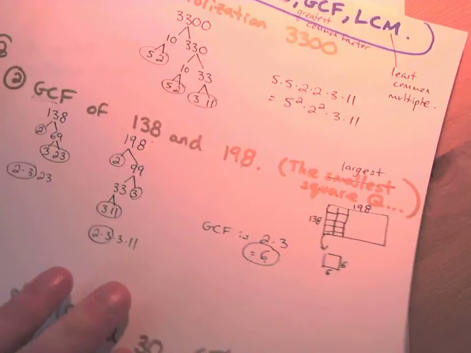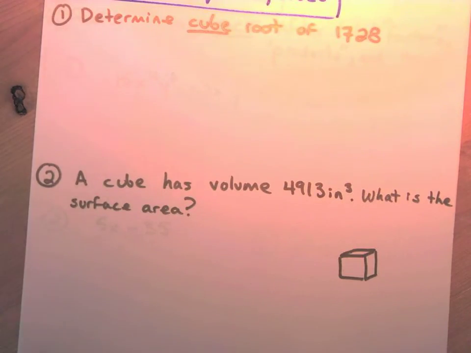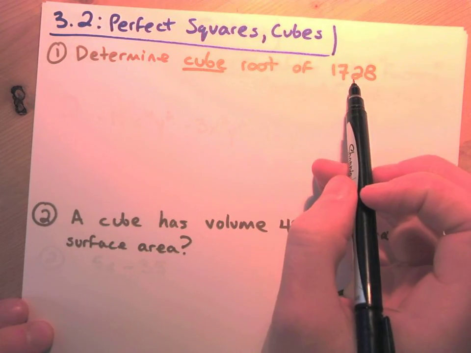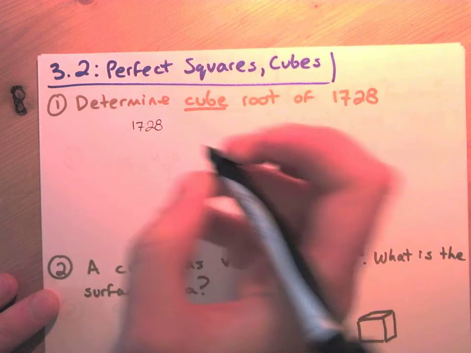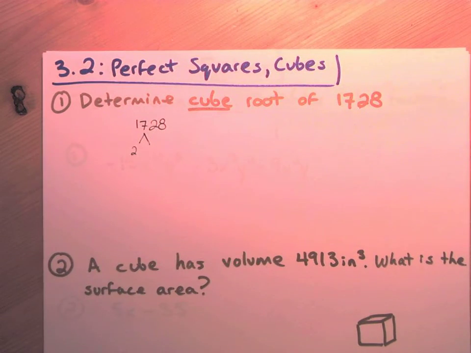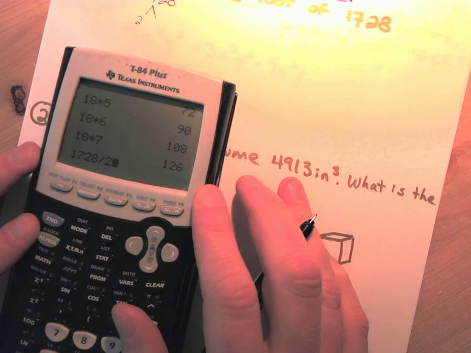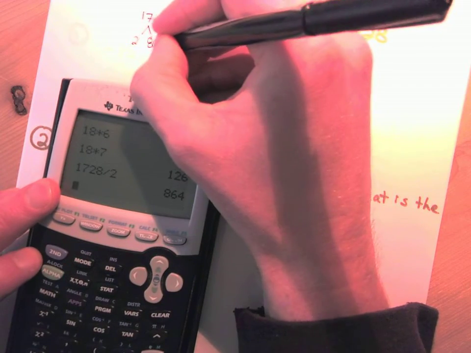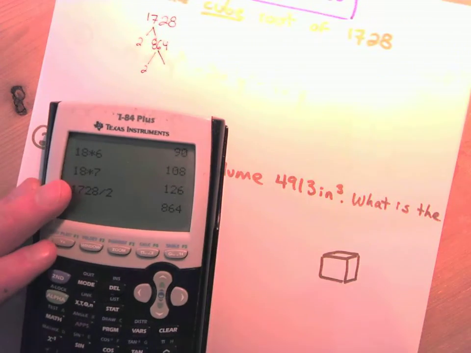Now we're going to move on to section 3. Determine the cube root of 1728. So here we want the cube root of 1728. We're going to start by prime factorizing it. I know that 2 goes into that. Once I do that, I'm going to go 1728 divided by 2 and hit enter, and that'll give me the other number, 864. And I can do that again with 2. So I'm going to divide by 2,